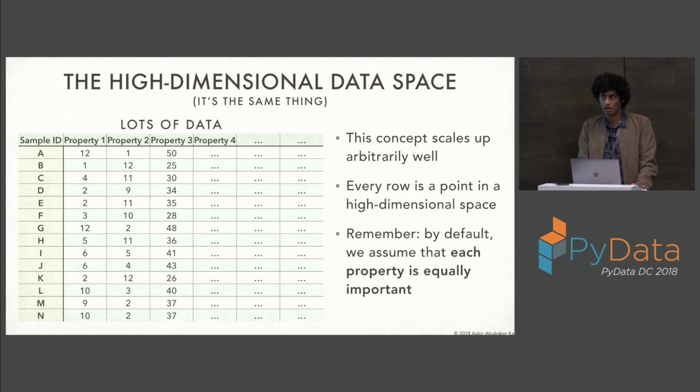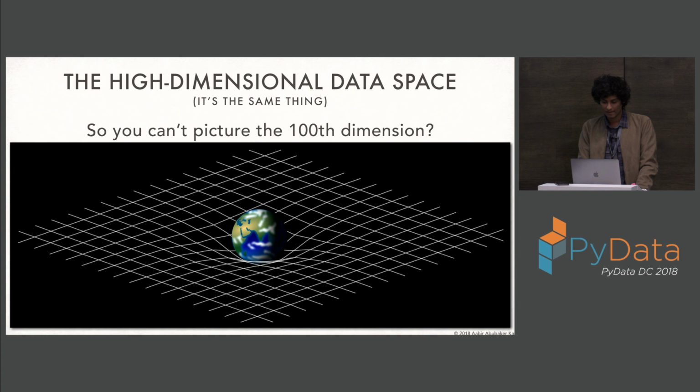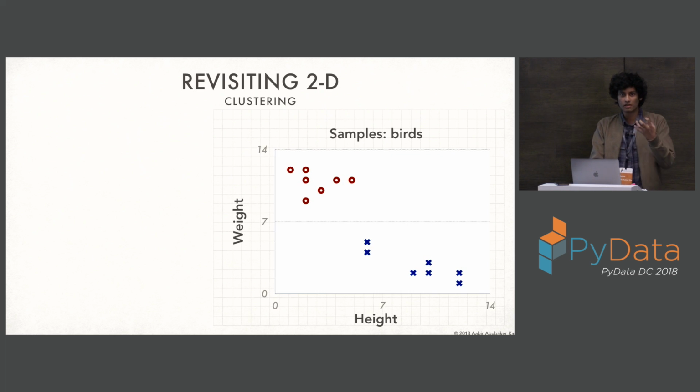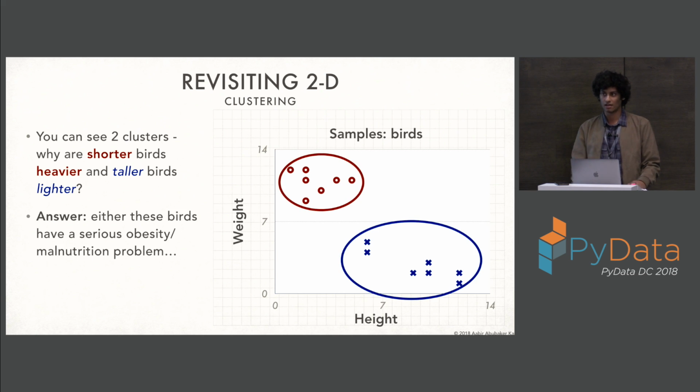And now we come to the point where I tell you how that's useful. Let's think about one of the things that translates naturally from the two-dimensional space, where data points are similar to other data points that are near them. One of the useful things you get from 2 dimensions is that you can plot stuff and immediately identify inconsistencies. Because why are the shorter birds heavier and the taller birds lighter? This doesn't make sense, right?